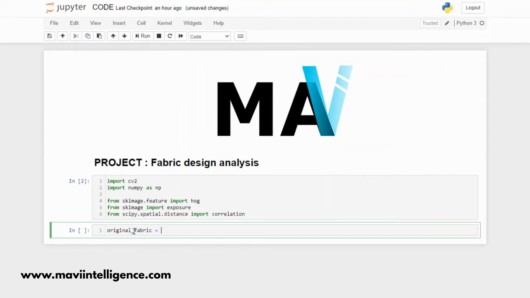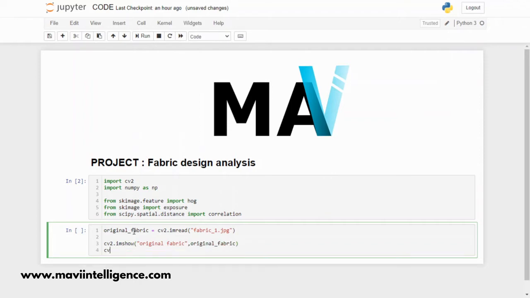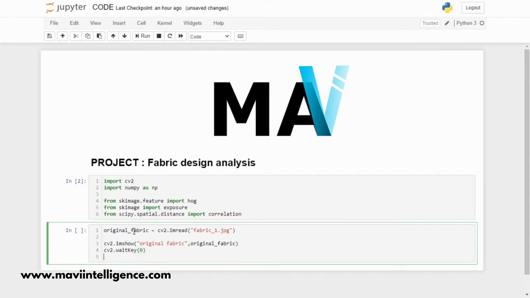So original_fabric equal to, we have to first load that fabric image. So I am cv2.imread. Now the name of that image is fabric1. So let's say I show that image: cv2.imshow original fabric, then original_fabric. Now cv2.waitKey for processing that image.